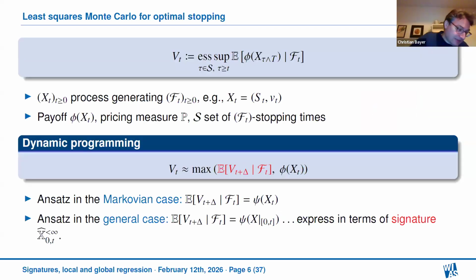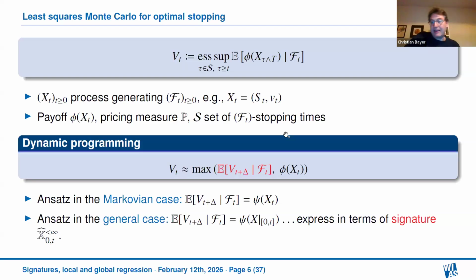So, coming to the topic of this talk, regression: for me, the application that I have in mind is stochastic optimal control, or to make it more concrete, optimal stopping. So I want to compute a random variable, the value function, the value process V_t. And of course, we know that if we think about a time discrete version of this, dynamic programming allows us to solve this problem very easily.